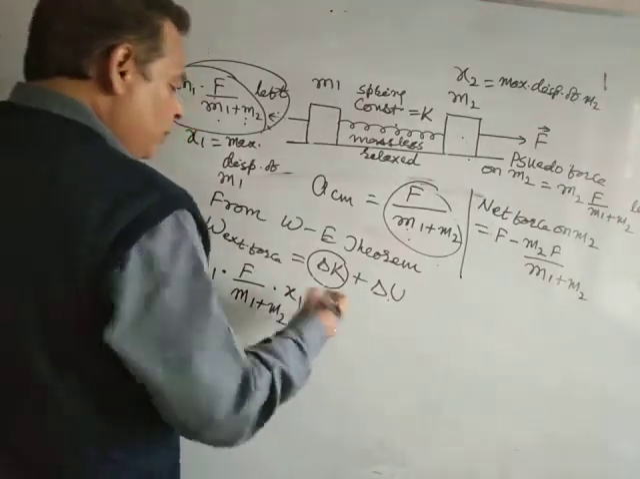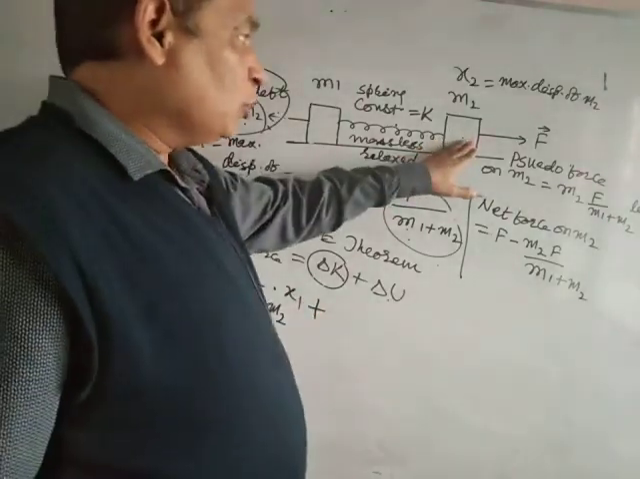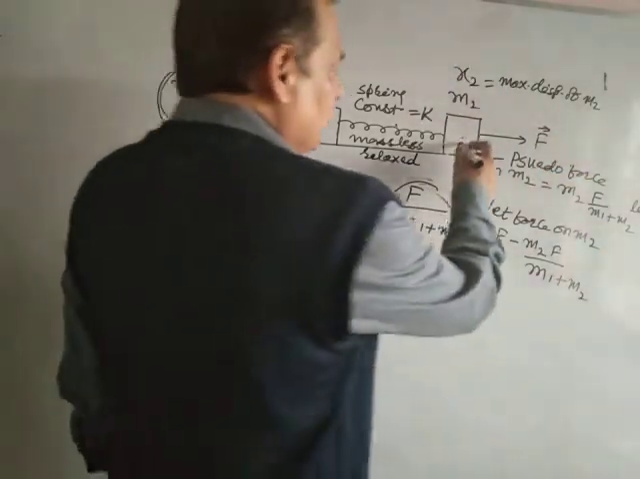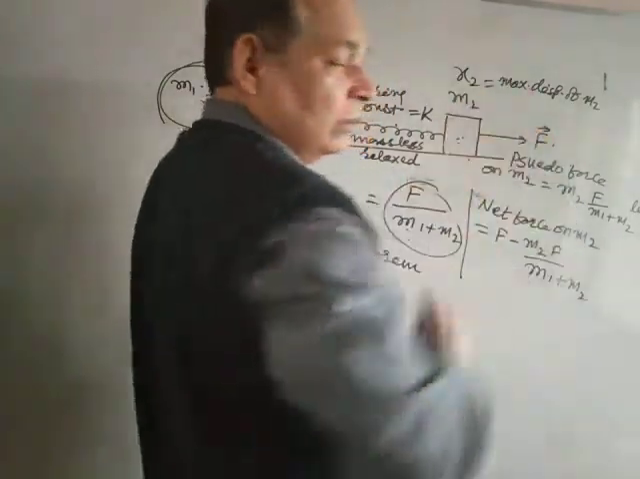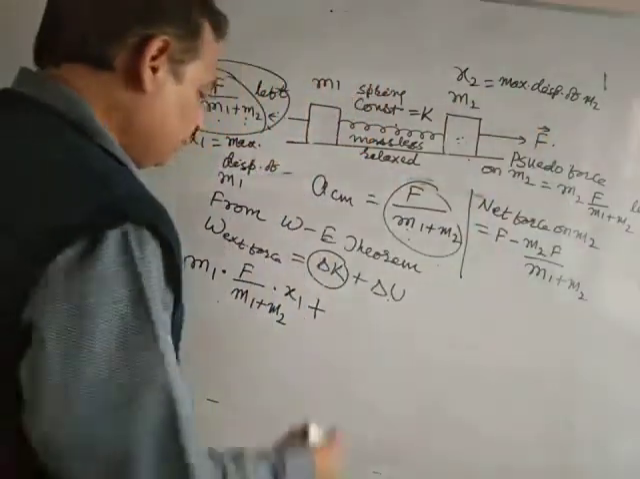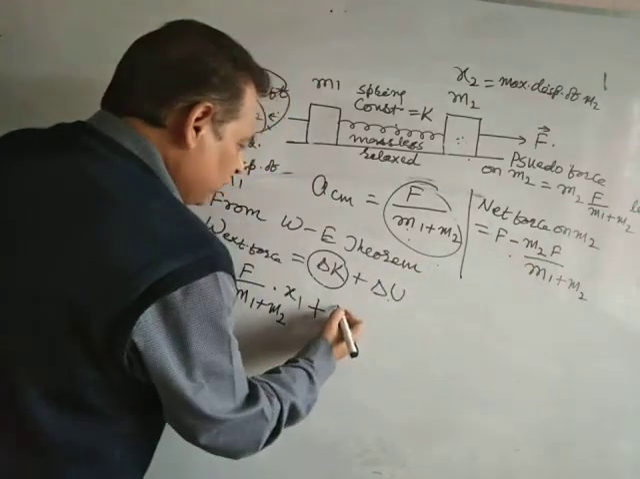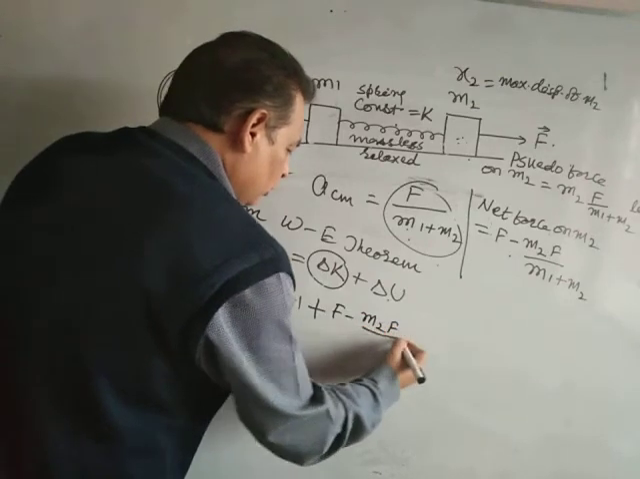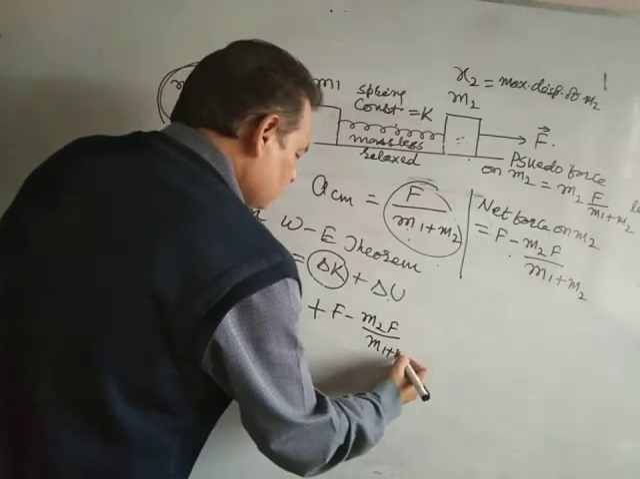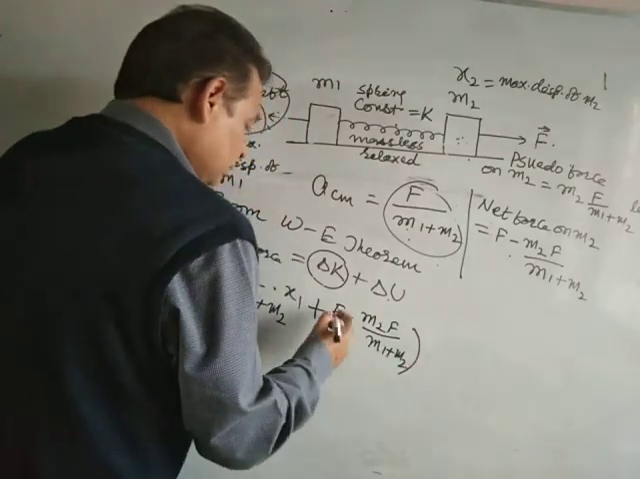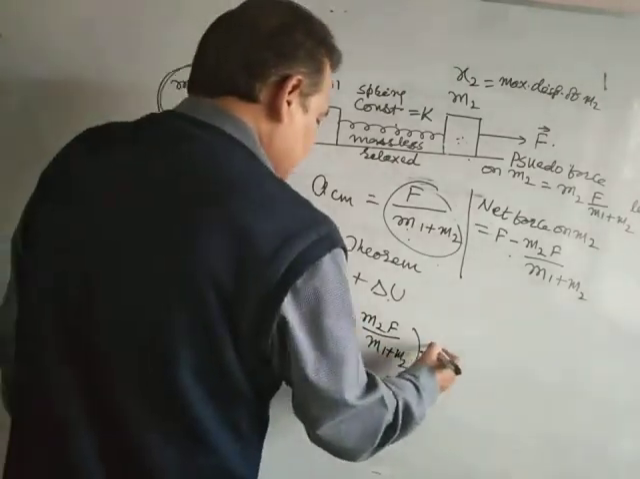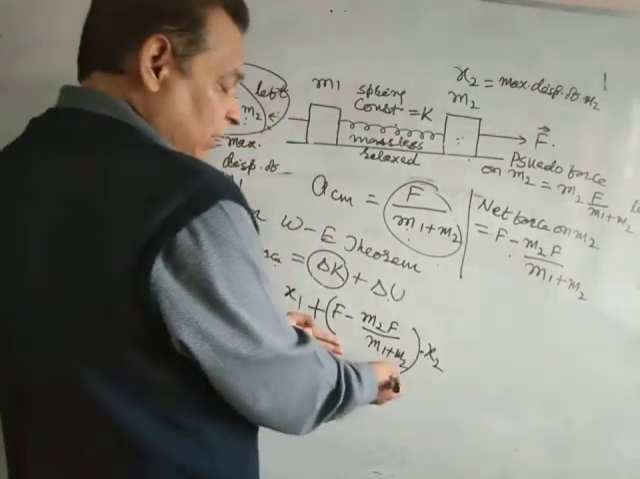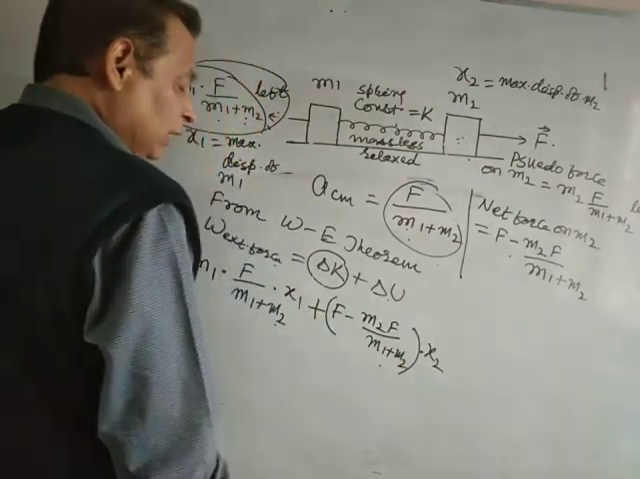In the same way, the work done by the external force on m2 will also be positive. Why? This force is rightward and the displacement is also rightward in the center of mass frame, that is x2. We will have here the net force, this one, F minus m2 F upon m1 plus m2, this whole into, this is the net force into x2. This is the total work done. This is the work done on m1, this is the work done by the net force on m2, and that equals